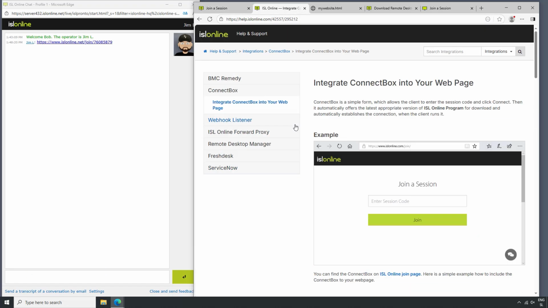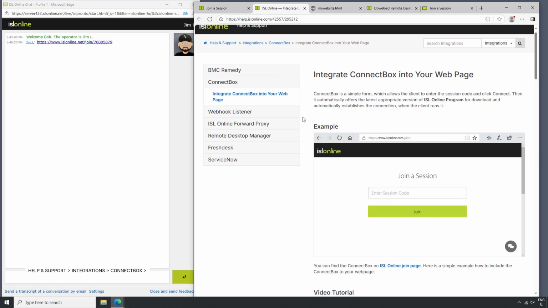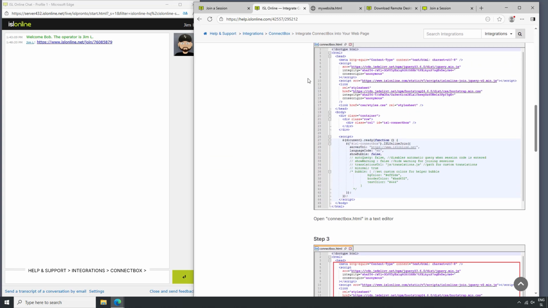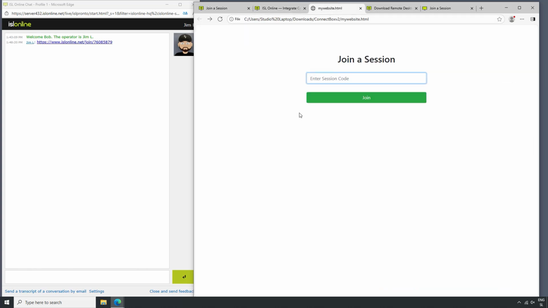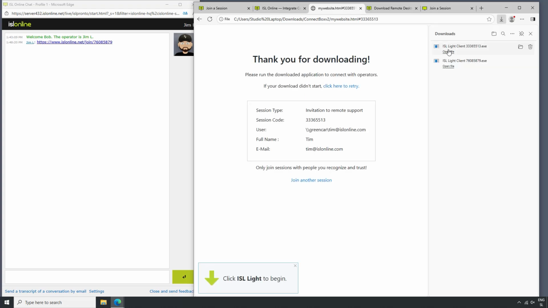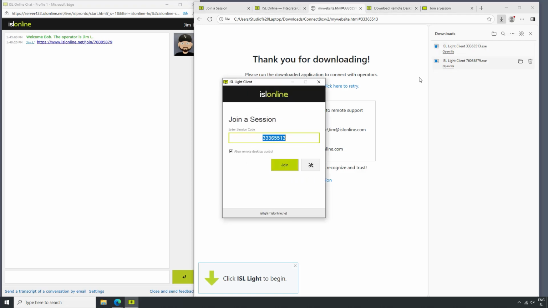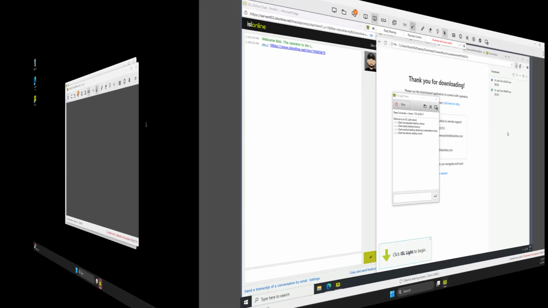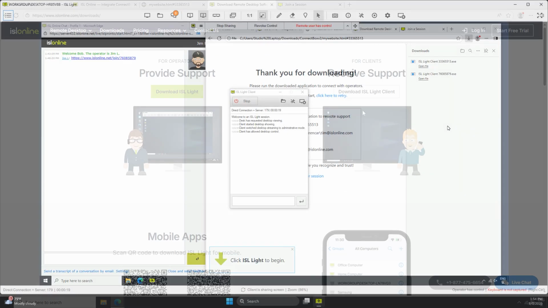Now let me just stop here for a moment and mention that one of the things on offer is a bit of code found in our manual under Integrations, and don't worry, it's a lot more straightforward than it looks, and also live chat's here to help you if you get stuck. But what the Connect box does is allows us, as our own company, to provide an area on our own website for customers to enter the session code into. So whether it's islonline.com or mycompany.com, the point is that that code gets into that box. We click Join and I am once again connected.